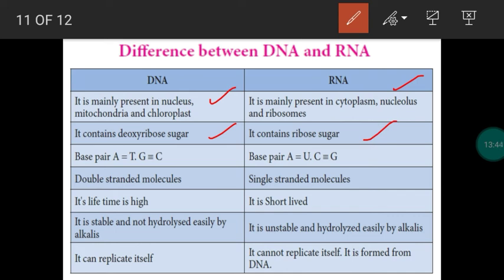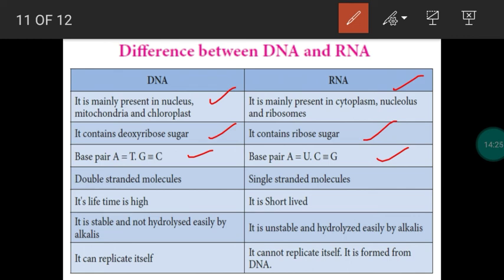Then what type of base pairs will be there? Between which nitrogenous bases will hydrogen bonding interaction be there? Hydrogen bonding as well as base stacking interactions. In DNA, adenine and thymine, then guanine and cytosine. So these two types of interactions are possible. In the case of RNA, what type of interactions? Adenine and uracil, then cytosine and guanine. Between the bases, we have mentioned a double bond or a triple bond, which is not a covalent bond, only to understand the hydrogen bond interactions.